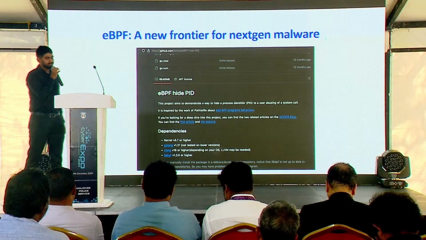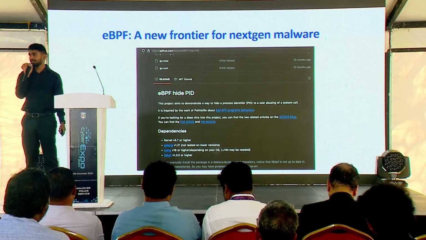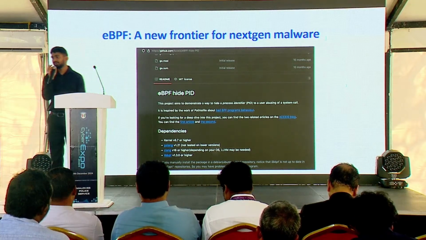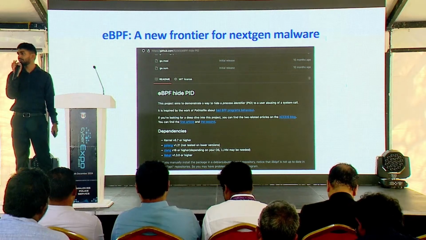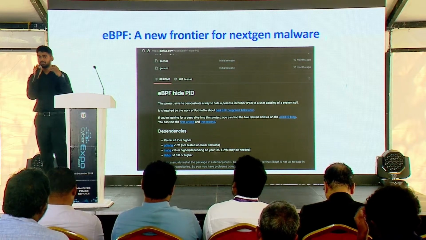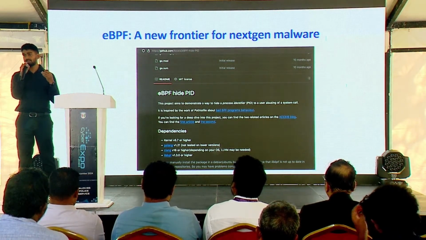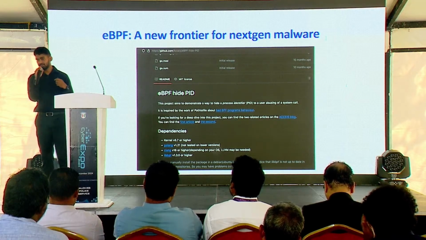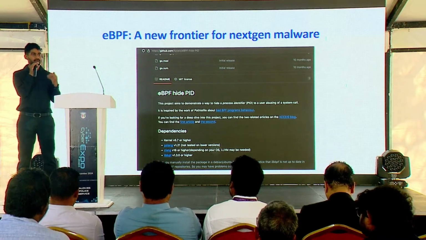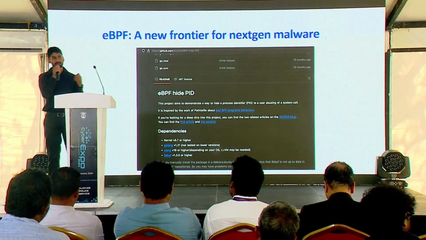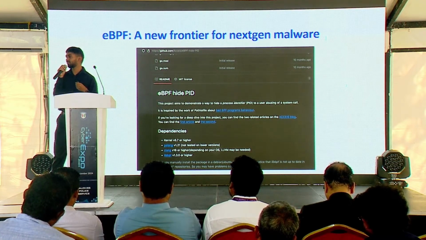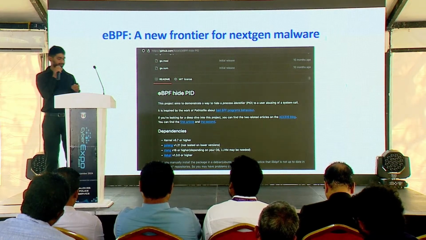So using eBPF, you can even hide the system process. You can do multiple other things as well. So when you're collecting the telemetry to your security operations, you're not going to collect all the telemetry because the attacker is also leveling up to the same kind of security you're using. So unless, as critical infrastructure, we invest in R&D to develop our own capabilities and mechanisms around observability, we will have limitations. We wouldn't be able to see if we are just relying on commercial tools.